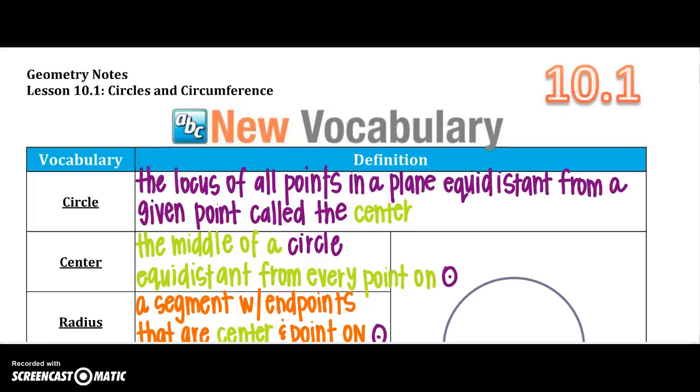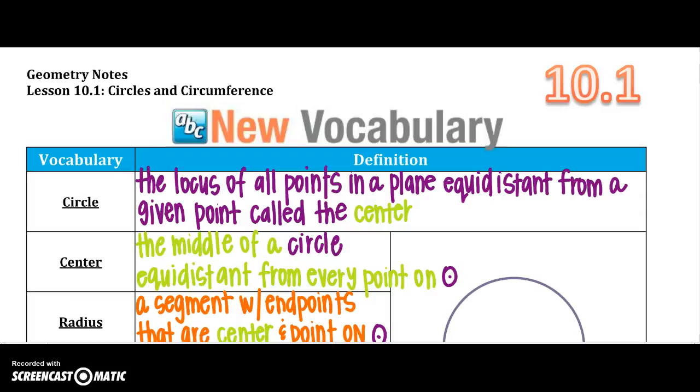Alright, chapter 10 is all about circles, so we're just going to start out with some information about things that go on inside of the circle. Remember, if you need to take a little bit more time writing down the vocabulary than I give you, you can always pause it. So, a circle is the locus of all points in a plane equidistant from the given